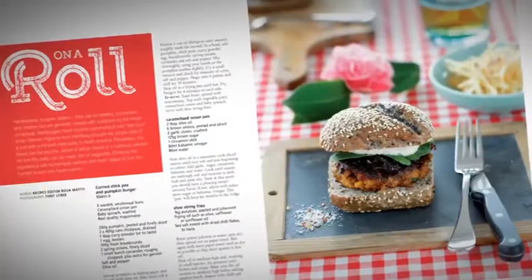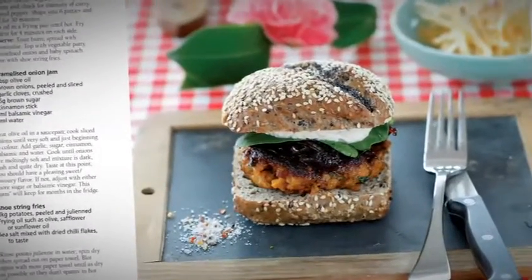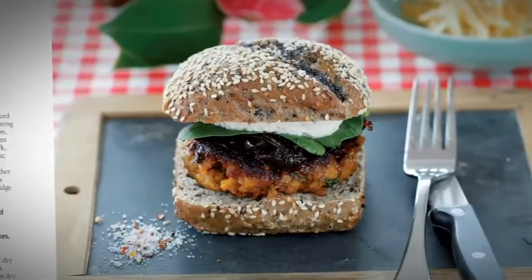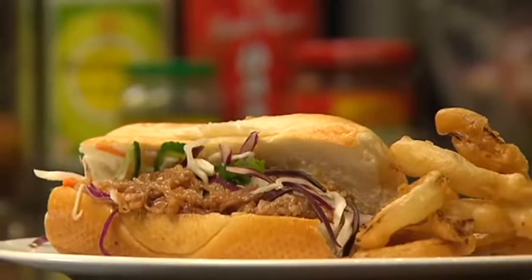When it comes to burgers, they really have had bad press. But you know, if you make them at home, they can be amongst the healthiest of fast foods. In this month's Essay Life magazine, I devote my whole article to burgers. All sorts of different types that you might like to try, including this one, an Asian-inspired pulled pork bun, which